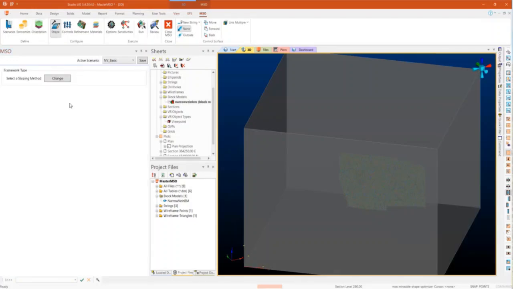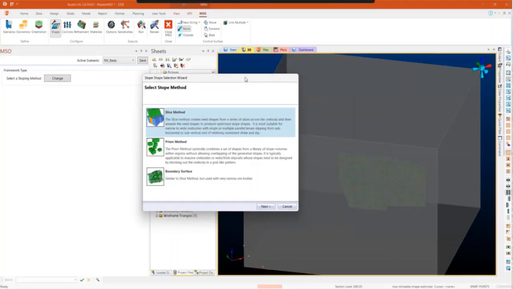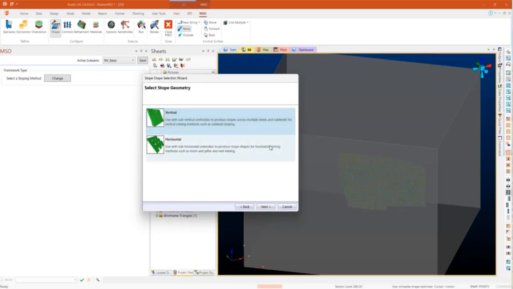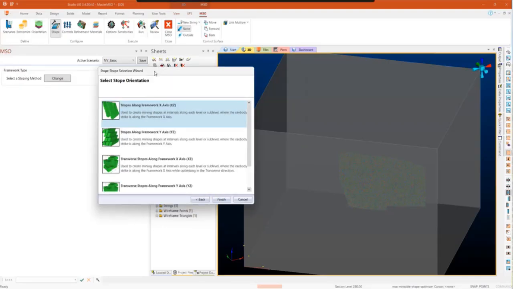Next, I'm going to define the stoping method under the shape. So my stoping method, these are very easy and self-explanatory. I'm going to select slice method. It's more suitable for narrow ore bodies. Next, I'm going to select vertical. These are vertical ore bodies, so I'm going to select that. And stopes along framework, I'm going to select x-axis because that's where my strike is going to lead. So if I hit finish,